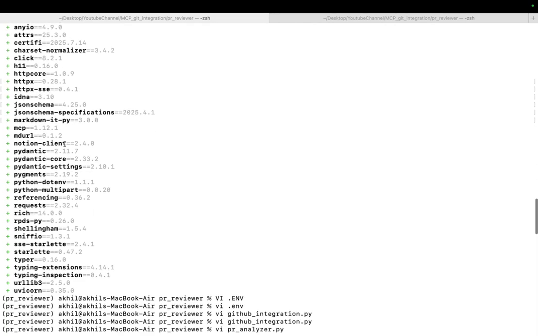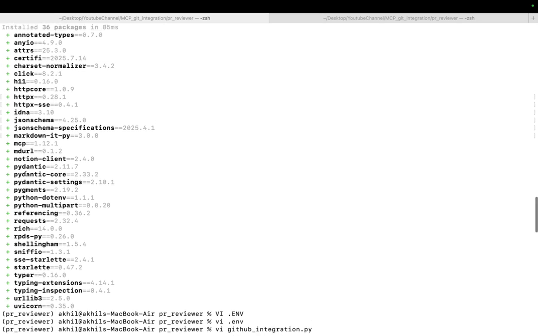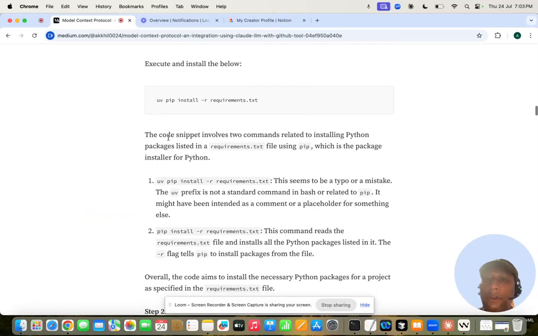So it resolved and installed 36 packages in total. That includes the packages related to requests that we'll be using to make the API call to the GitHub repo. And we have a Notion client that will be used to define the context for Notion AI, based on which our LLM would be able to get the context from the MCP server. We'll come to that later. For now, once we're done with installation,